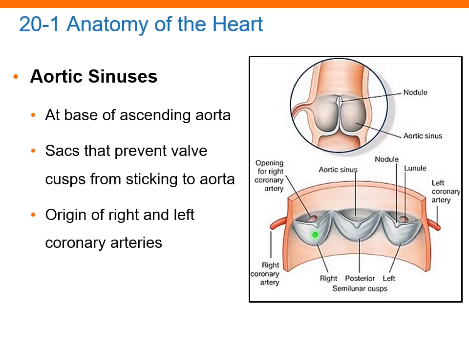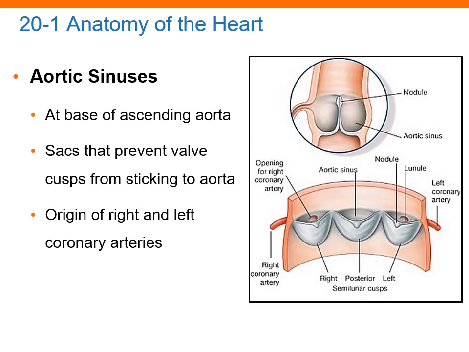It'll have these three cusps or flaps, and if you cut the aorta longitudinally and spread it open, you would see the separation of the three flaps. What's unique about the aorta compared to the pulmonary trunk, or I'm sorry, the pulmonary semilunar valve, but